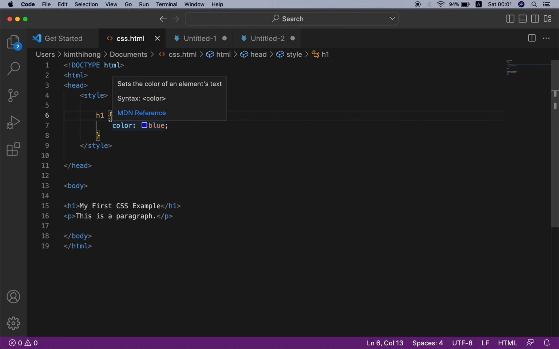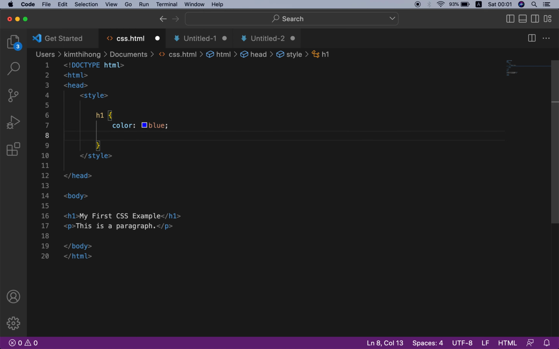Inside the declaration block, here you have the CSS property name and value. The name is color, the value is blue. Okay, and if you want to add more CSS properties inside a declaration block, you should separate them with a semicolon here.